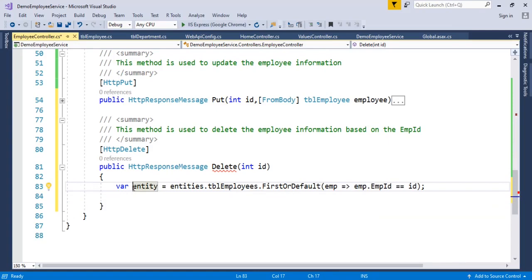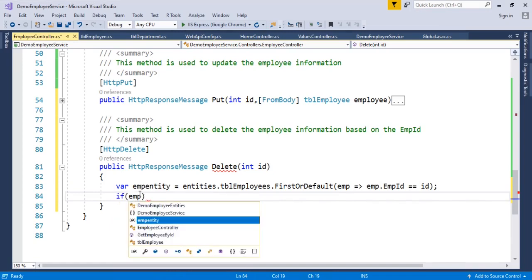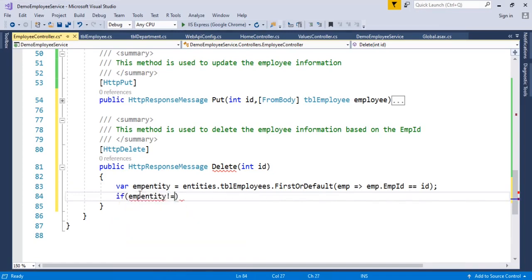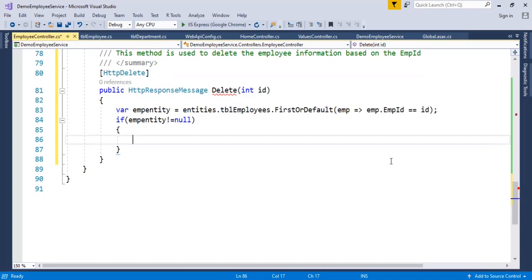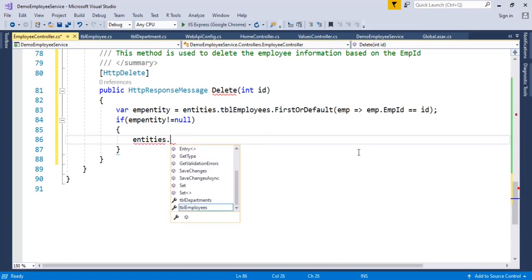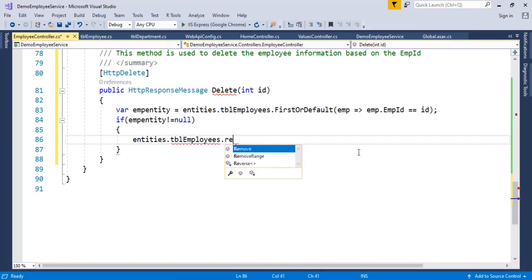Employee entity. So if again emp entity is not equal to null, then we are going to delete the employee information. So if it is not equal to null, then simply from that entities we are going to remove this. We have remove, that will accept an entity.